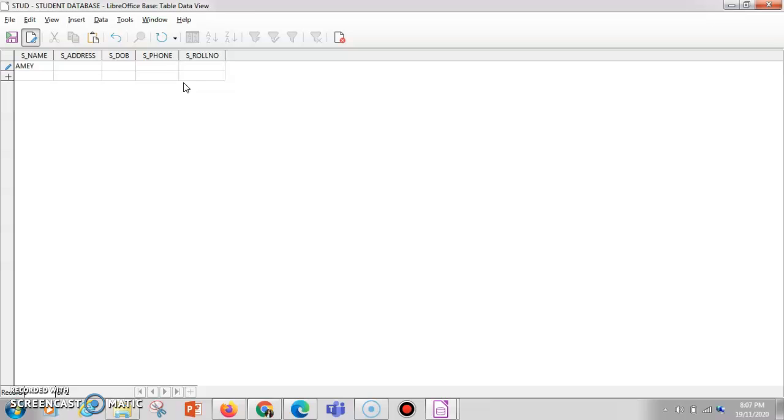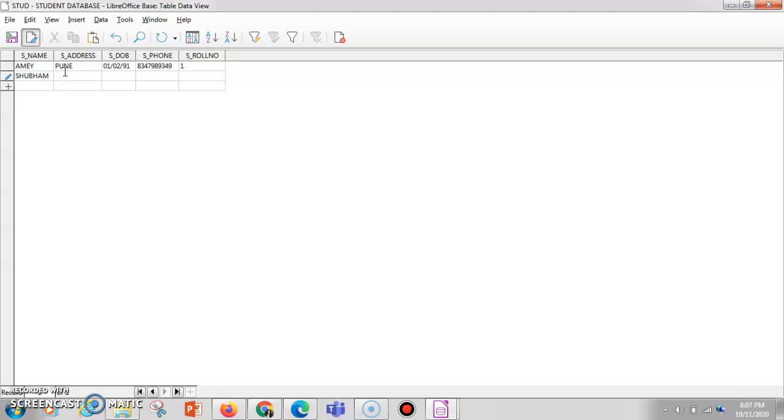The first record I'll enter as Ameya, and then I'll write here Pune. Then the date of birth, whatever it is, I'll take it as 2, 1991. Then the contact number I'll enter anything whatever is required, and here the roll number I'll enter as 2. The same thing will be continued here. I'll enter Shubham.